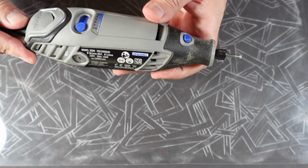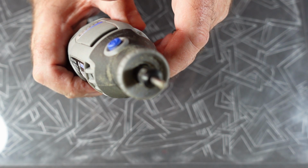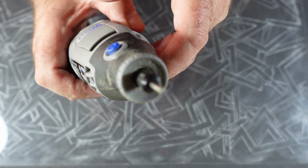this, which is a Dremel, and it has a ball-shaped engraving bit in it, which I'm going to work in the background with. Let me just show you on a scrap piece. So here I've got a scrap piece, and I've just got to take the pearl coloured film off the back so you can see what I'm doing. I have tried a little on here already,